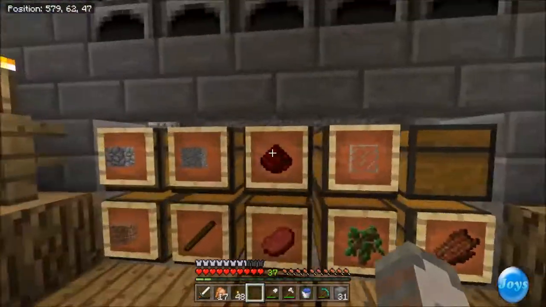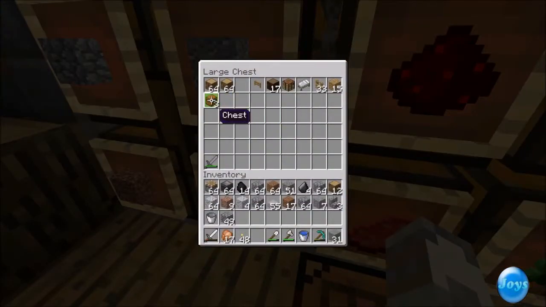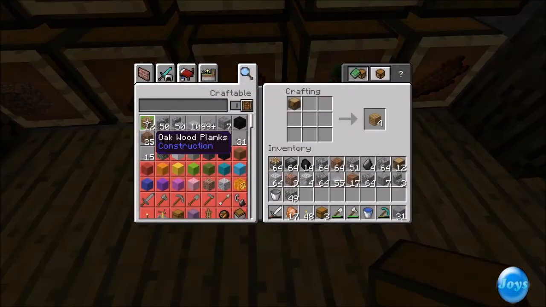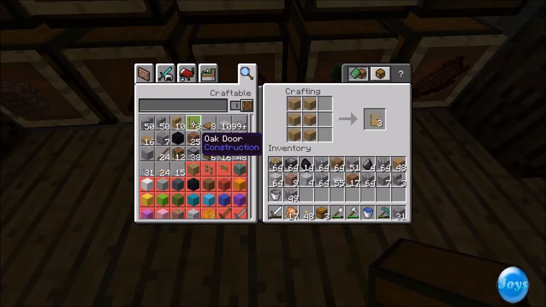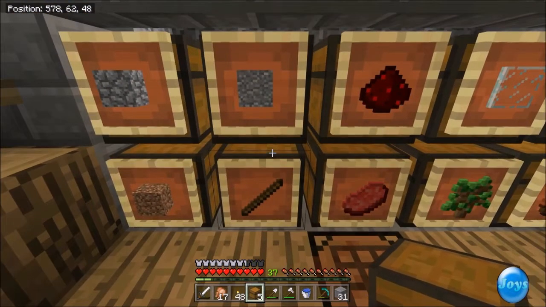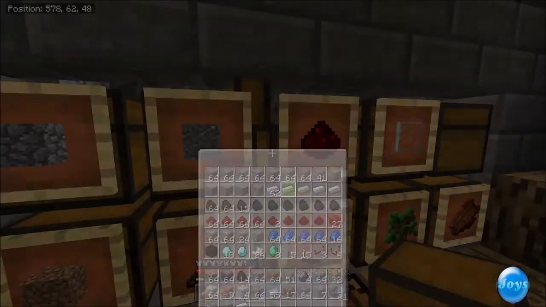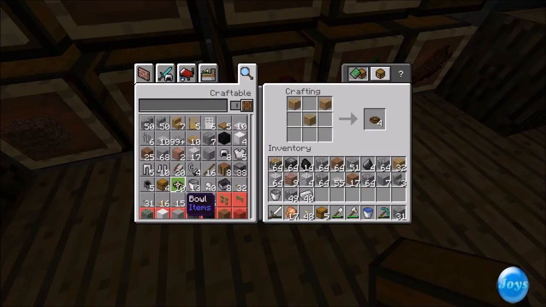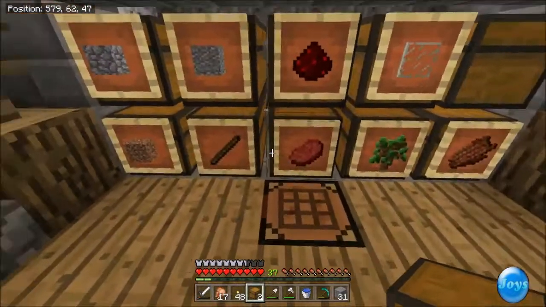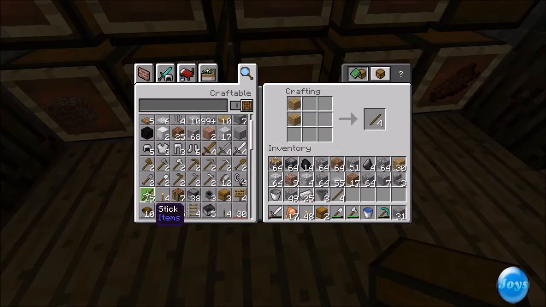Alright guys, a quick progress update for you. I need a few, actually that's the perfect number, but I'm also going to need some more wood. Let's grab 2 more of you, and then iron, and then we're going to need 3 hoppers, 1, 2, 3, and we're also going to need a bunch of sticks,